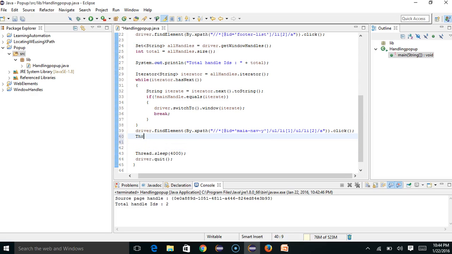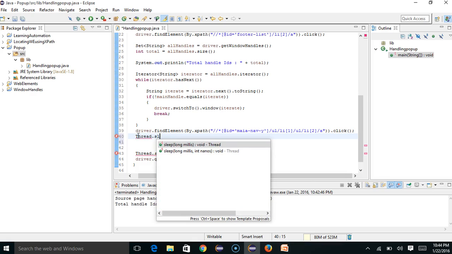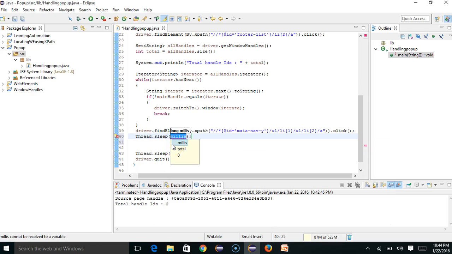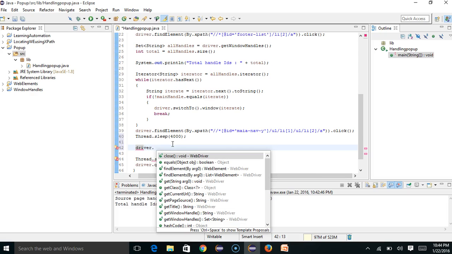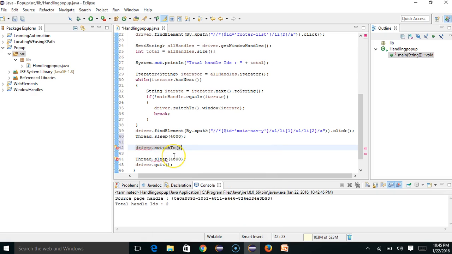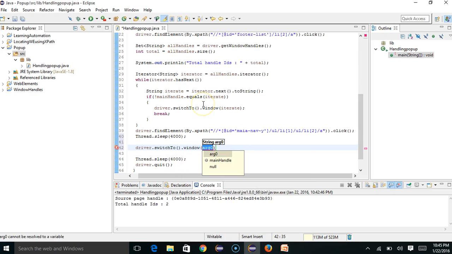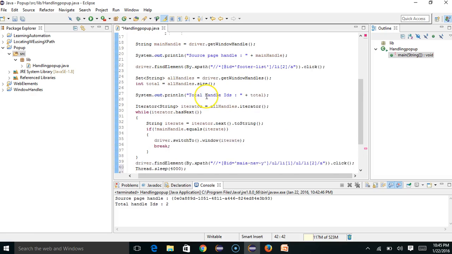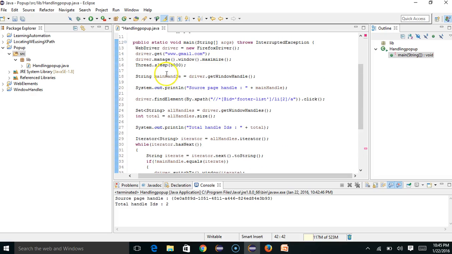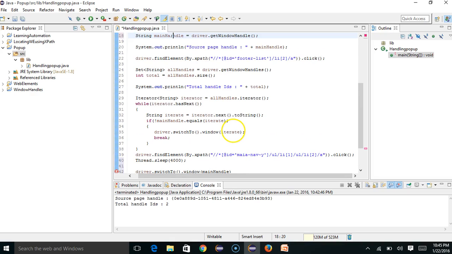So we'll wait here for some time, Thread.sleep, 4 seconds, then we'll do driver.switchTo().window, and the window ID we can use is the main handle. I'll pass this ID, main handle. If I pass it, then it will point to the